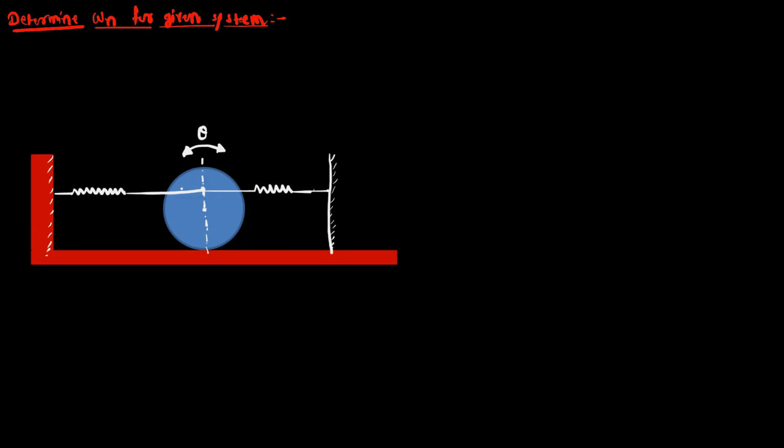So in this problem, one disc or roller is resting on the horizontal surface as shown, and it is connected to two springs, each having the stiffness K. Okay, and it is given a very small angular displacement theta. And if this displacement is released, that is, the force is released, then this roller will start vibrating about its mean point or mean position. Okay, so for this oscillation or vibration, we want to find out the natural frequency.